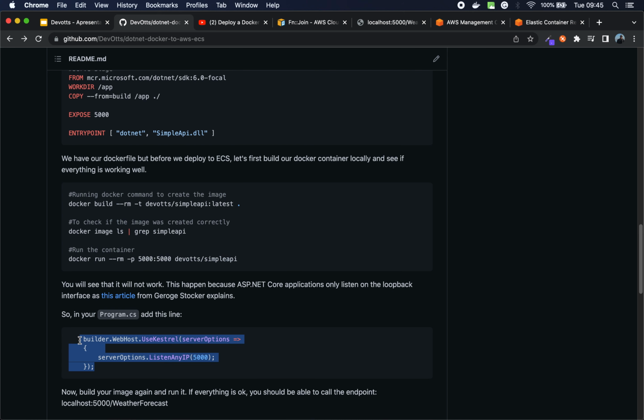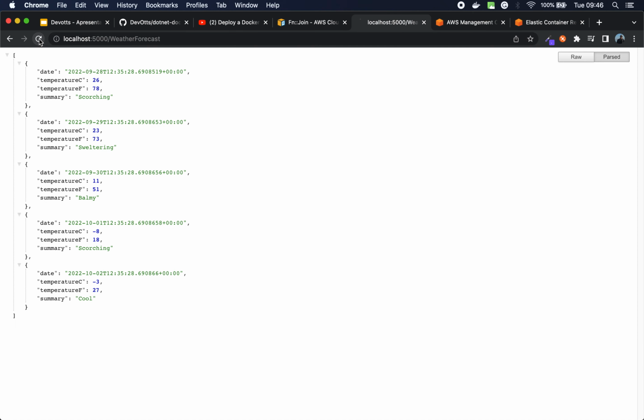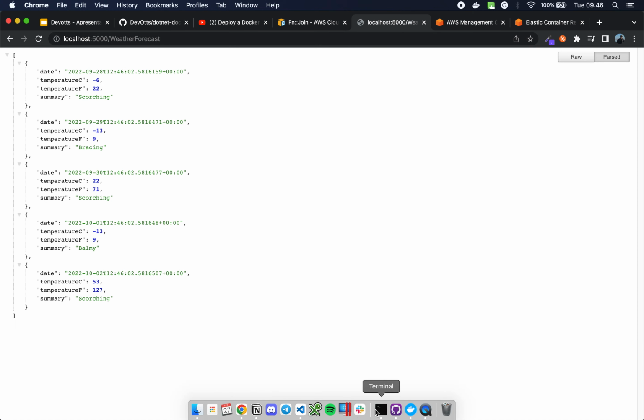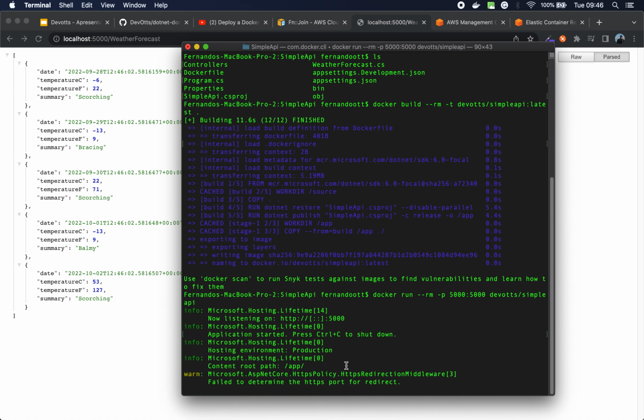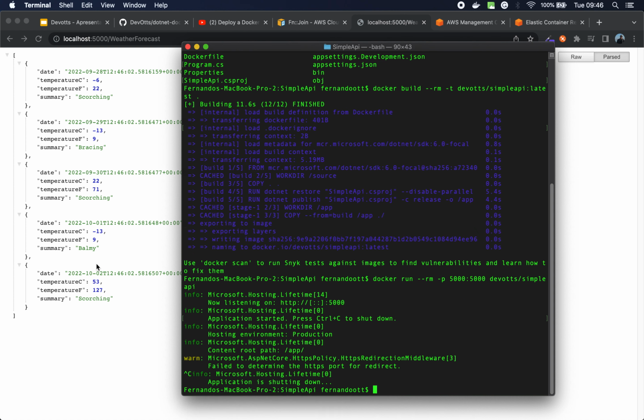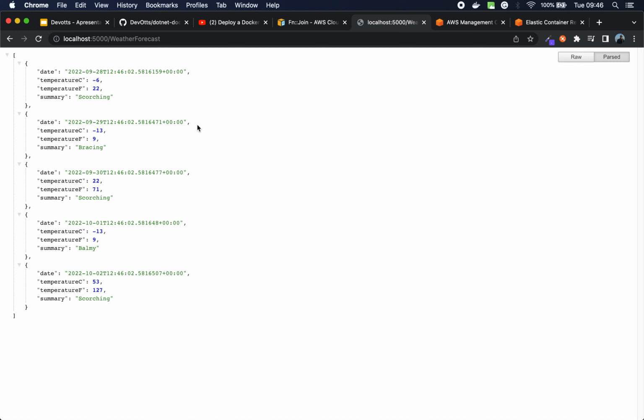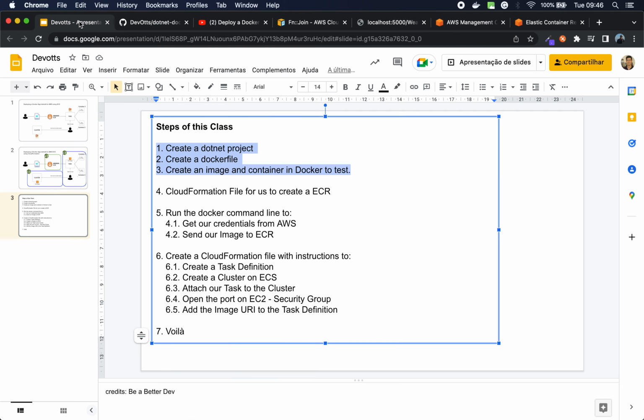We had a problem here that we had to expose port 5000 for us to be able to see it in Docker, and as you can see, it's running beautifully here, locally. So this is our Docker running. Okay, I just closed this container, and now I can say that we already passed these 3